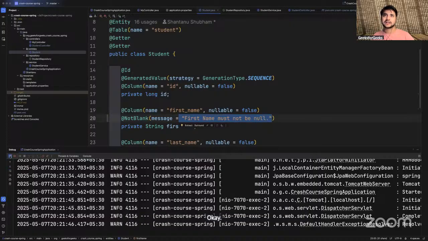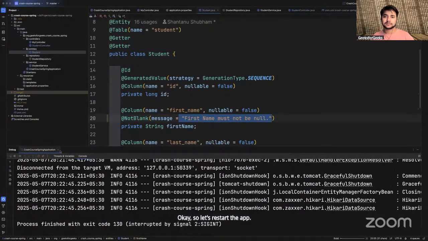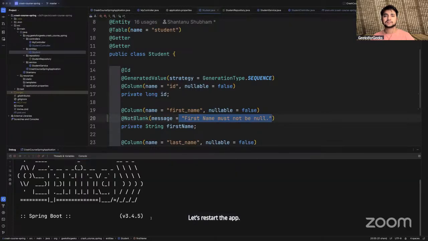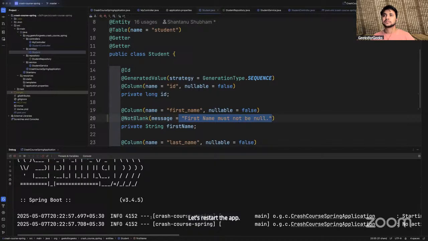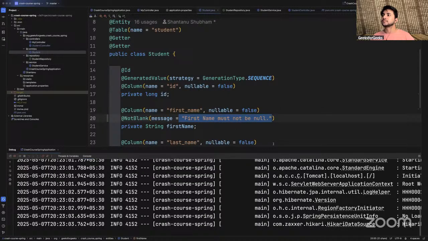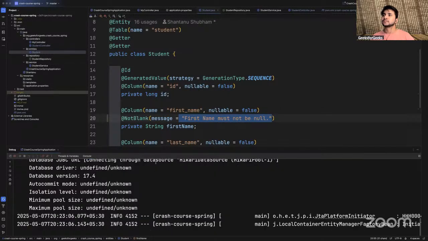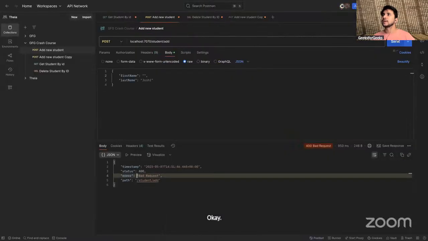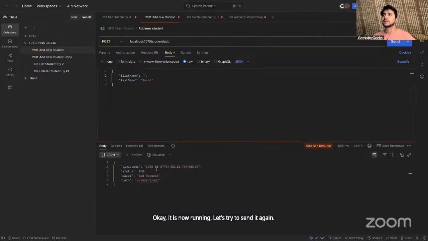So let's restart the app. Okay, it is now running. Let's try to send it again. So right now also we are seeing the error message as bad request only.